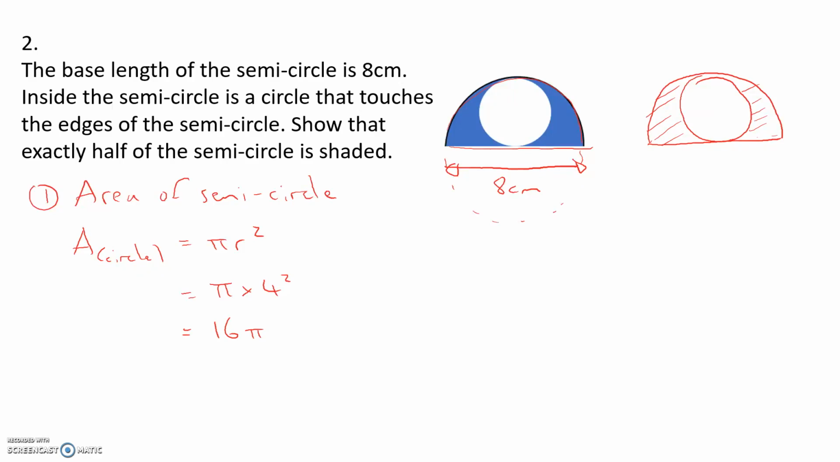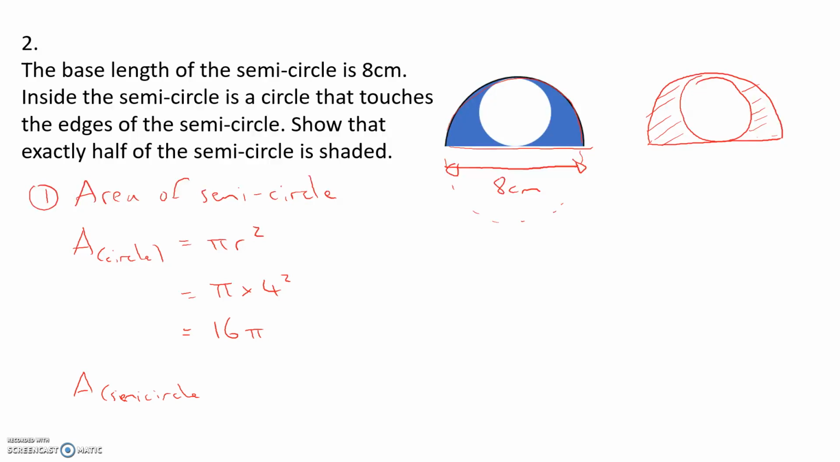16 times pi. Now your calculator might leave it as that, and in this calculation we actually can. If you press S to D, you're going to get a decimal number as well. Let's just leave it like that for a minute. That's the area of that whole circle. Therefore, the area of the semicircle